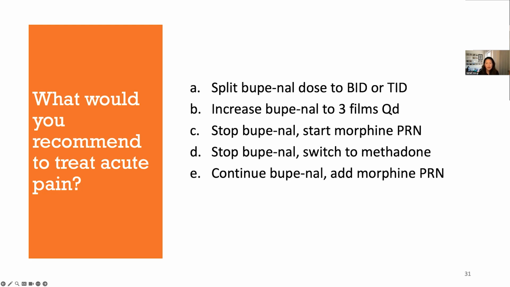Great. So E, people are voting, and that's exactly what the recommendation would be. If someone's using 24 milligrams once a day, you can split dose it and maybe get a little bit further with the analgesic effect, but it's not going to cover some acute severe pain like an arm fracture. You might use it for like a sprained ankle or something. So I do that a lot outpatient. I'll split the dose to try to get some additional opioid effect. But for a patient like this who's in acute pain from an arm fracture, you would add something on top of this